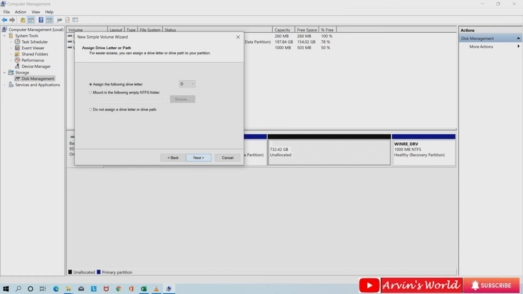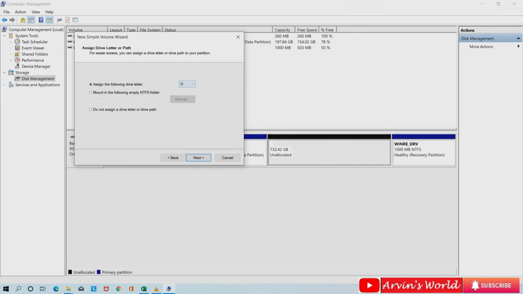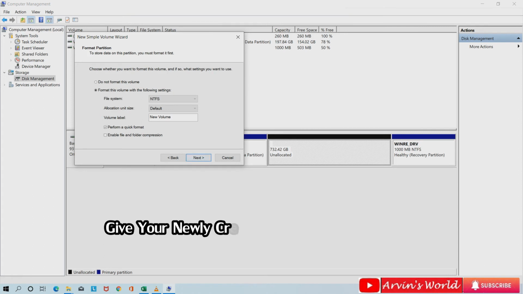When you click Next, this window will come. Again there you don't have to do anything. You can allocate the drive letter, whether E, F, G, whatever you want. For me it is D. So I just scroll down and select D. Then I will click Next again. You can select E, F, G, and now here you have to put the name.